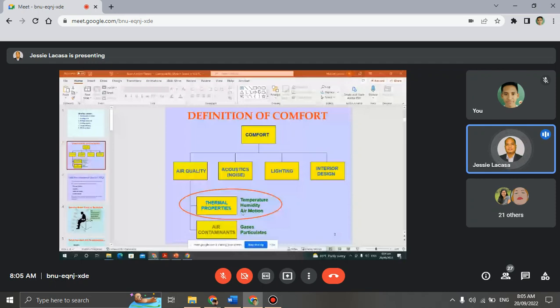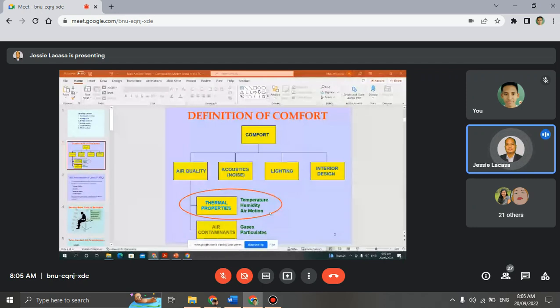Kung wala siya motion, pasabot katong air mo ra gihapon mabalik-balik, so wala siya heat transfer, o dili nindot ang iyang heat transfer, dili siya ka-absorb kay static naman siya. Okay, then for the air contaminants,